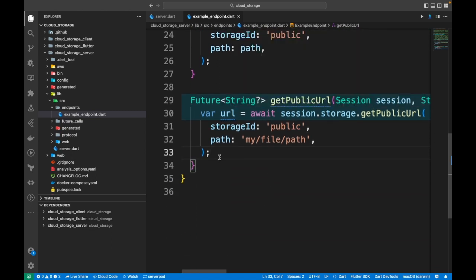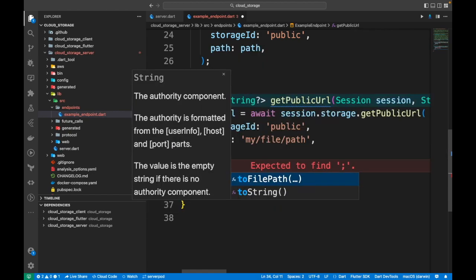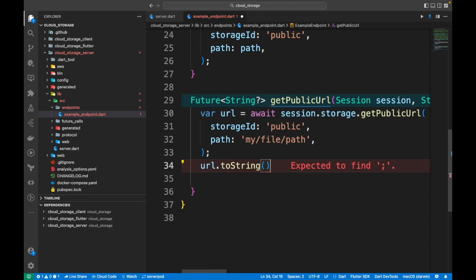This URL is going to have the public URL by which we will access the file. So we got the URL. Now we'll convert this to a string and return it to the front end. So let me add a return statement,